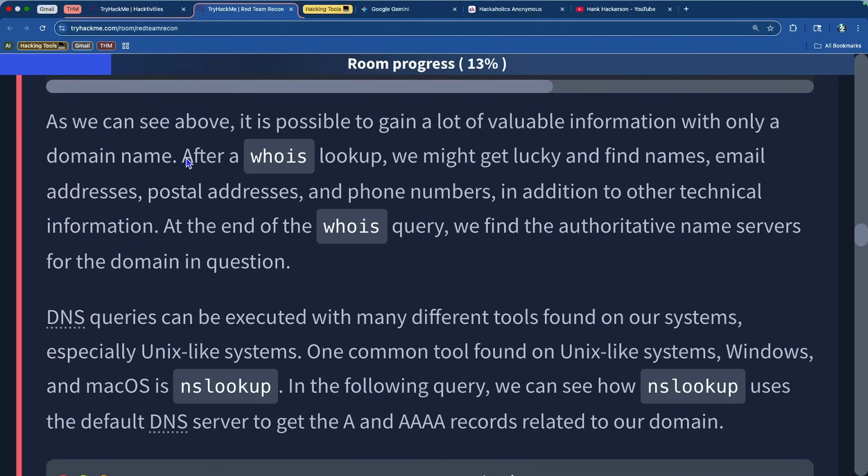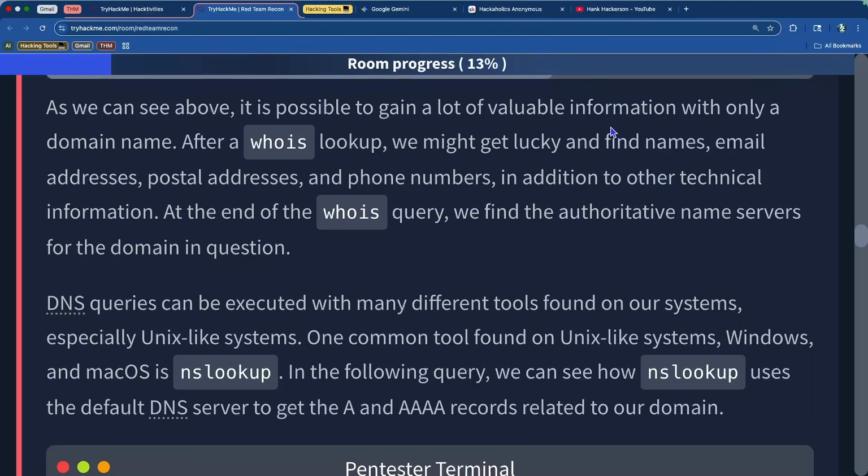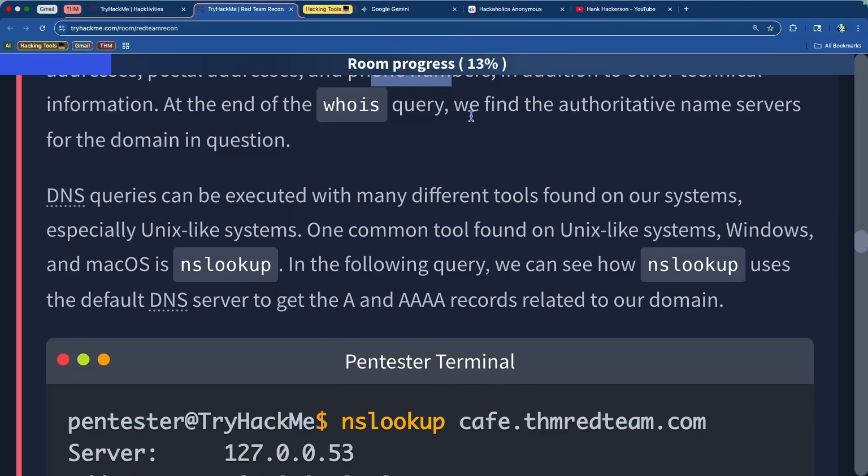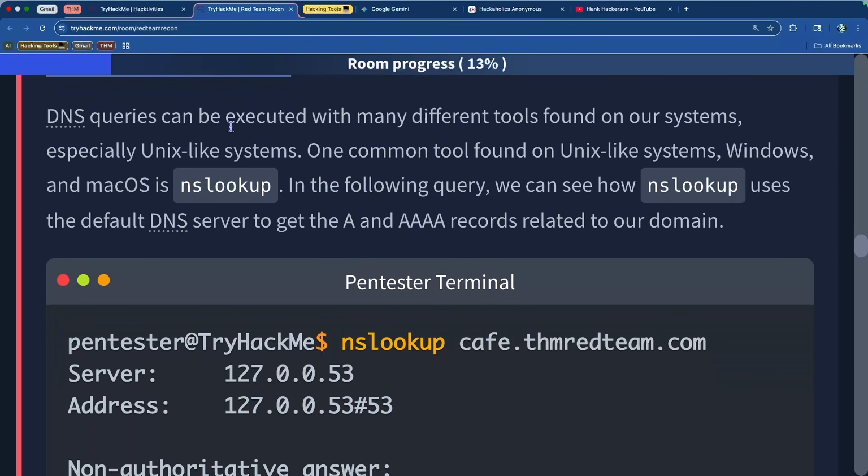So very, very useful query. It's possible to gain a lot of information after you run this. We can get lucky and find names or email addresses, postal addresses, phone numbers, in addition to other technical information. At the end of it, we'll find the authoritative name servers for the domain in question, and they can be executed with many different tools found on our systems, especially Unix-like systems, so Mac OS, Linux,